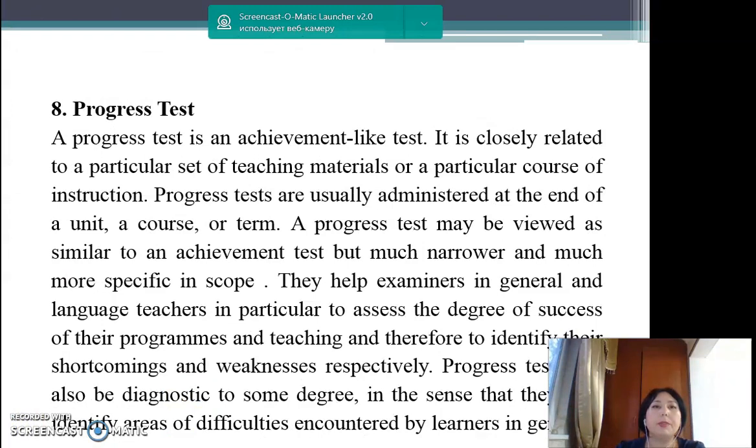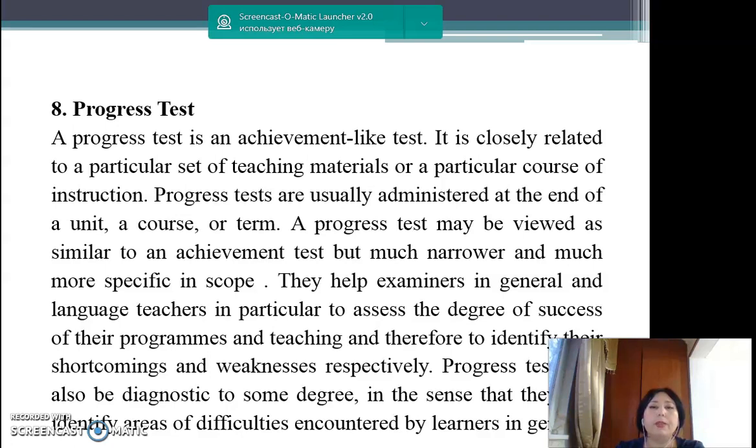The next type is the progress test, which is an achievement-like test. It is closely related to a particular set of teaching materials or a particular course of instruction. Progress tests are usually administered at the end of a unit, a course, or a term. A progress test may be viewed as similar to an achievement test, but much narrower and much more specific in